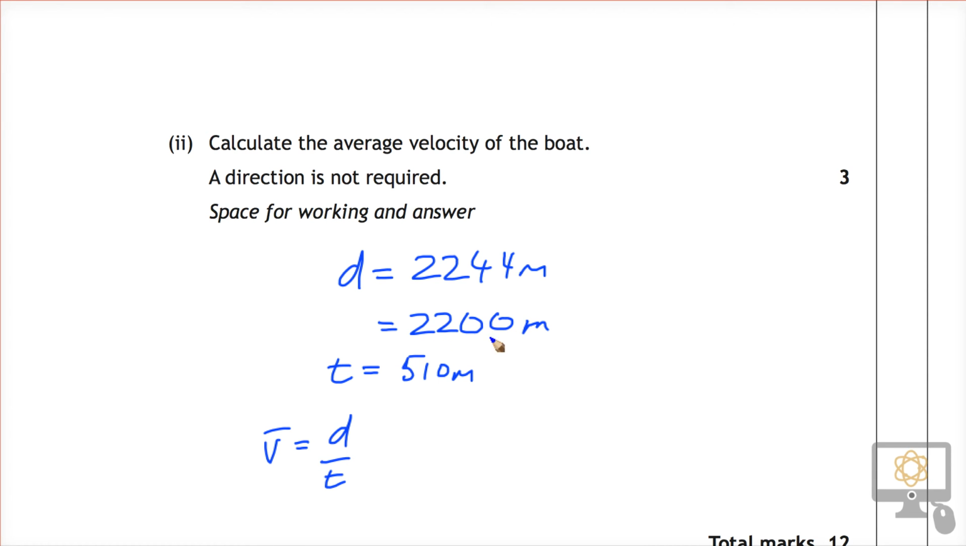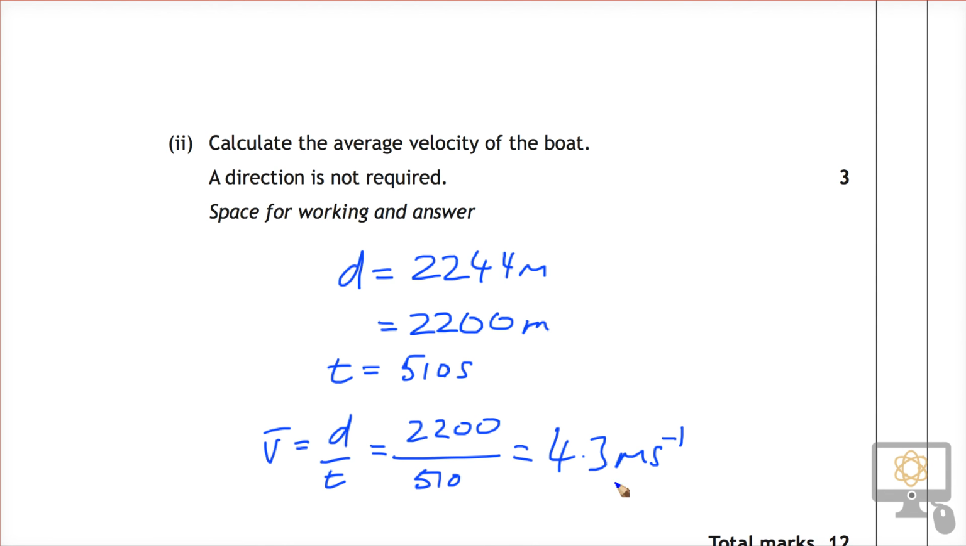that I had in my answer, which was 2,200, divided by the time of 510. Sorry, that's not in minutes or meters, that's in seconds. So we better change that and do this properly. And so if we do that calculation, we would get 4.3 meters per second. Now you will notice that the marking scheme has done the calculation with 2,244 divided by